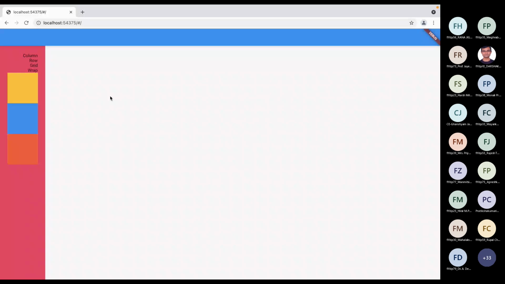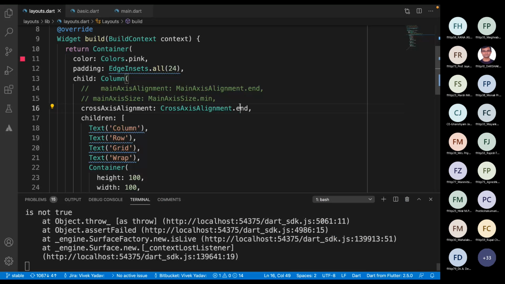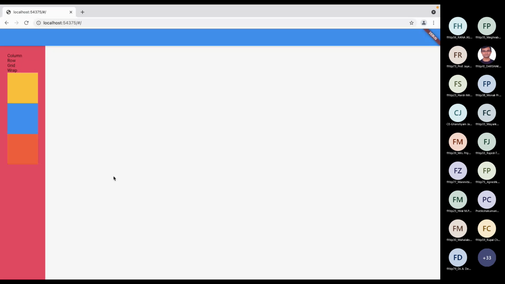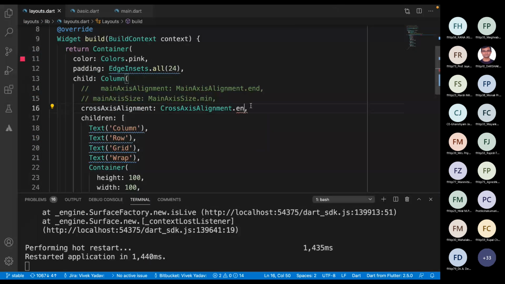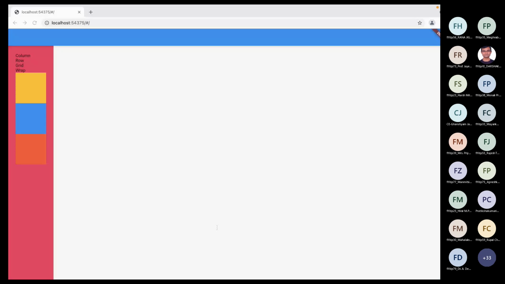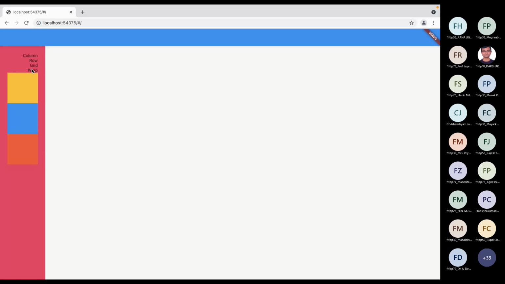When we did start, it is at the start of this row, or we can say at the start of this screen, and when I do end, it is moving from left to right, but inside the column only. So this is known as cross axis alignment.